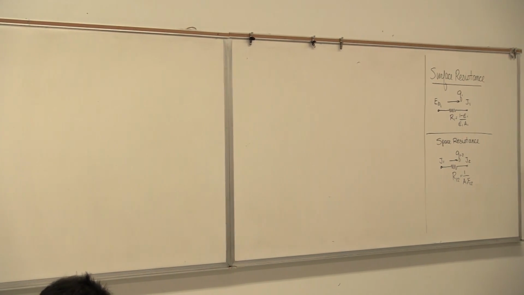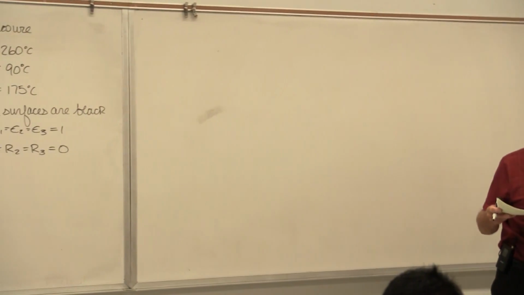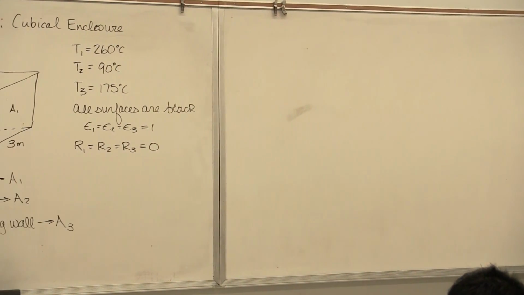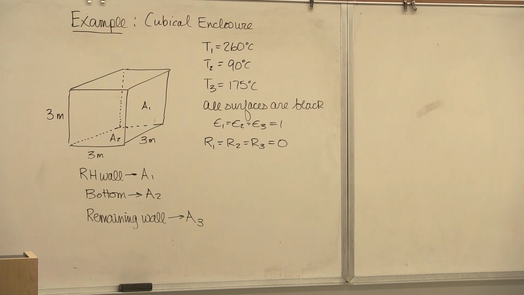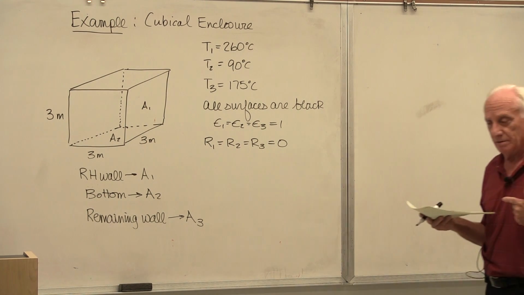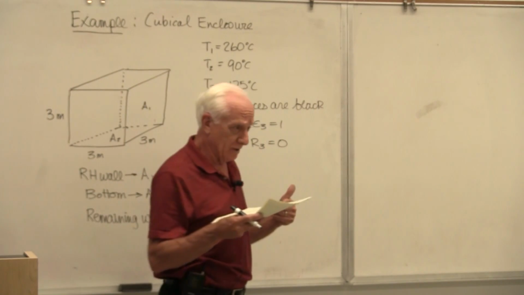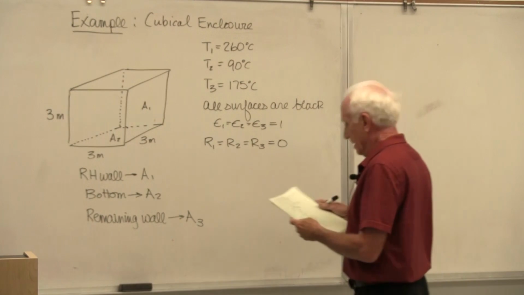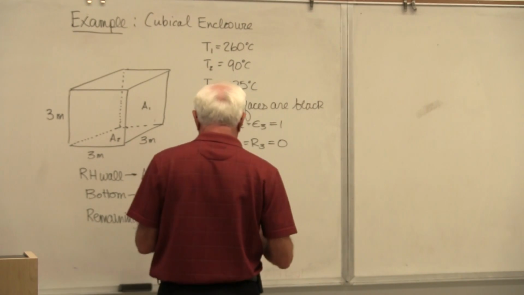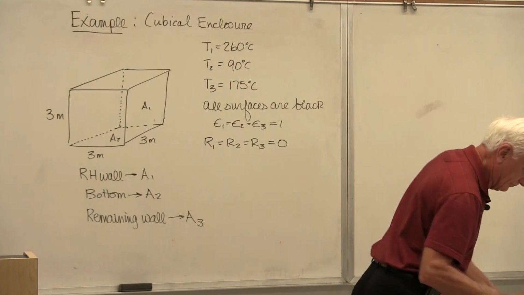Don't forget that surface resistance tells you how easy it is for heat to escape from the surface by emission. And a black body or a black surface is the best possible emitter. So obviously a black surface has a low resistance because a lot of heat gets out. Okay, back over here. Let's see what else we might need. I think that pretty much covers that.